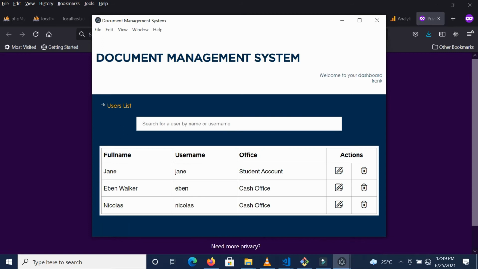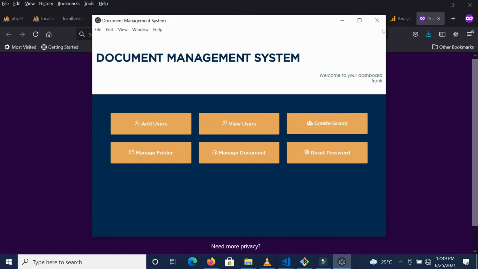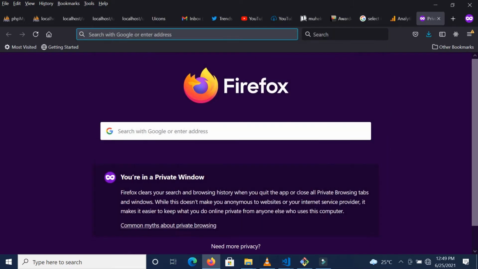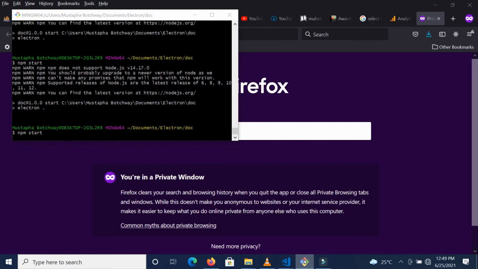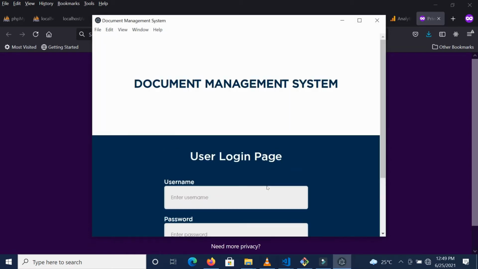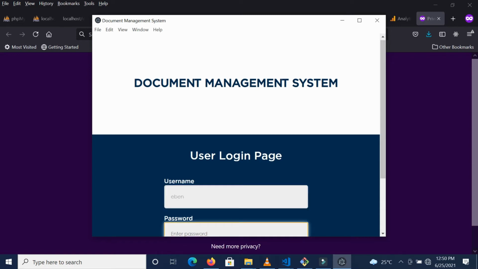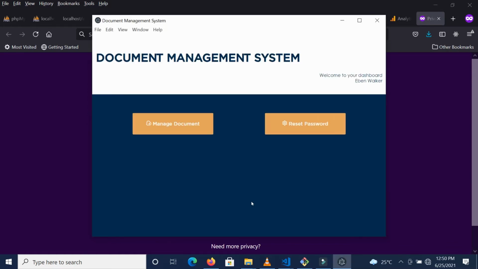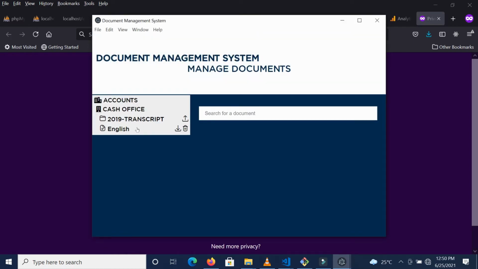So let's check who. Eben is at cash office. So what I'm going to do is log out as the administrator and log in as a normal user called Eben, because Eben is under cash office, and we've already created a group that has been assigned to a folder. So when Eben comes, all that Eben can do is go to manage, and you realize that Eben can see